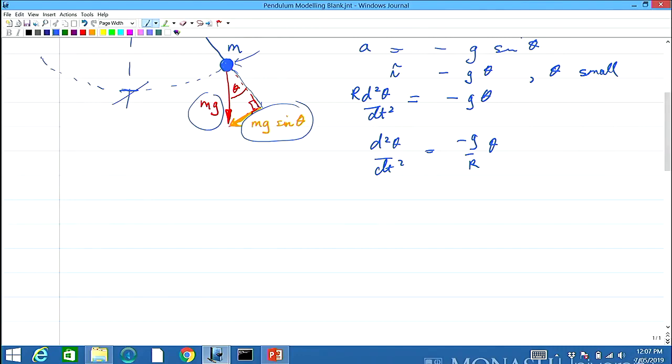All right, so we can actually write down the solution in the form of a sinusoid, which is theta max, which is what we're interested in, sine of some angular frequency omega multiplied by time plus some phase angle. So we don't really know omega at this stage, we don't know the phase angle, and we don't know theta max, but we can work with the equation to derive these things, and we can include measurements from the pendulum system. So if we take the first derivative of that, then it's just omega theta max